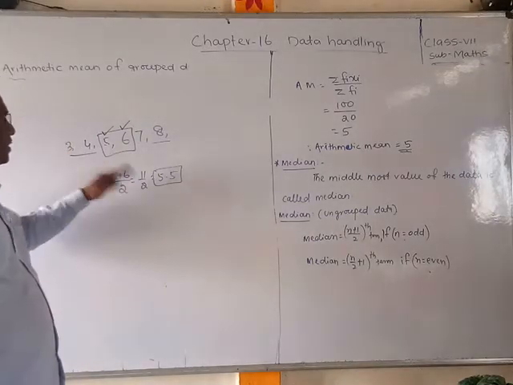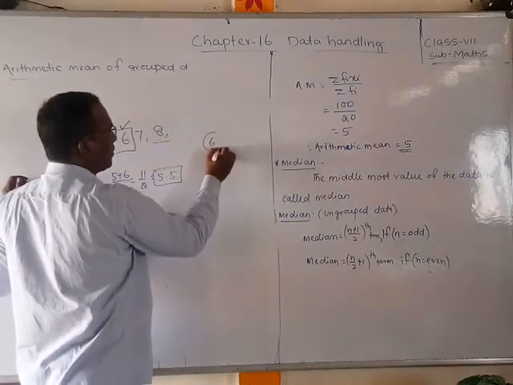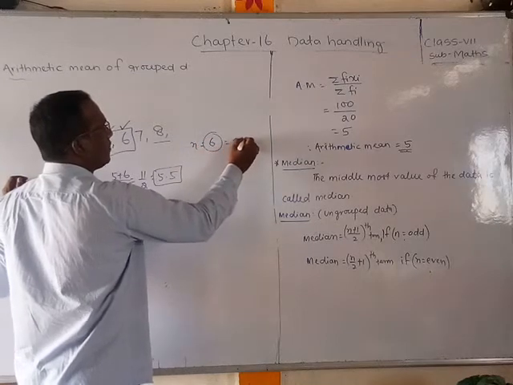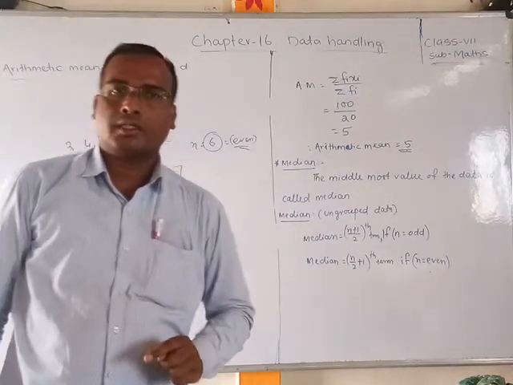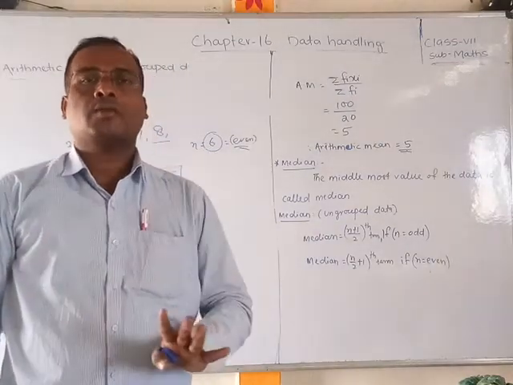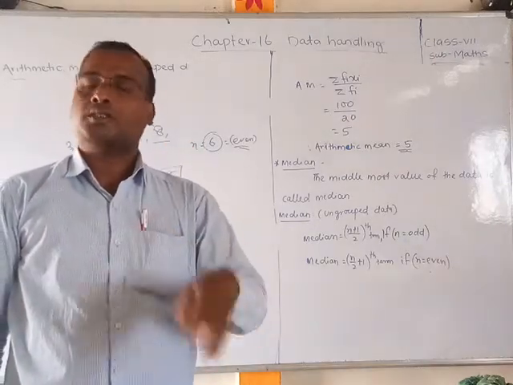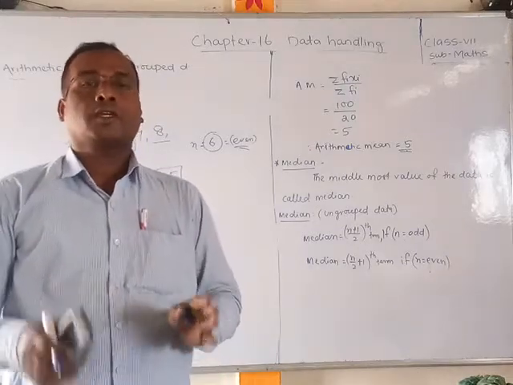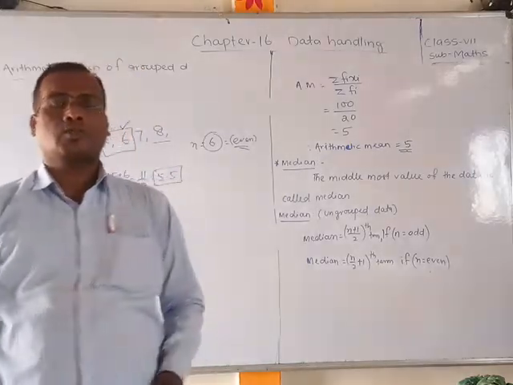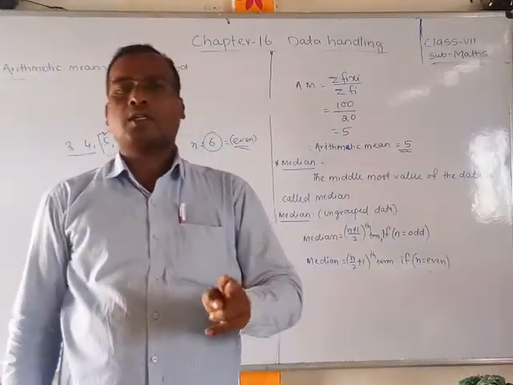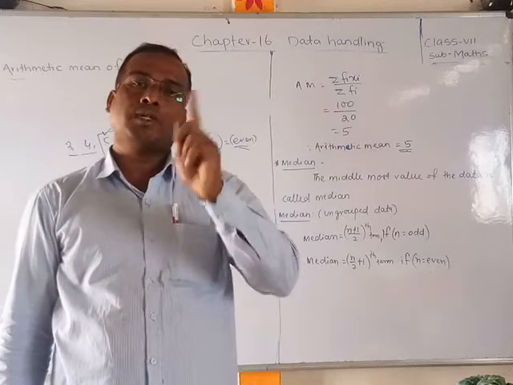Now, how many numbers are there, friends? 1, 2, 3, 4, 5, 6. So 6 numbers are there, so the n value is equal to 6. So it is an even number. If there is an even number of data, then two medians you will get. You have to find those two medians, and then if you take the average of the two medians, we get the real median. But whenever it is an even number of data, we can find the two middle terms as the medians. Whenever it is an odd number of data, we have to find the middlemost one.